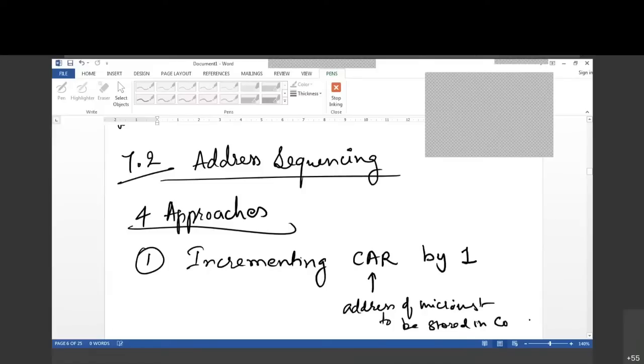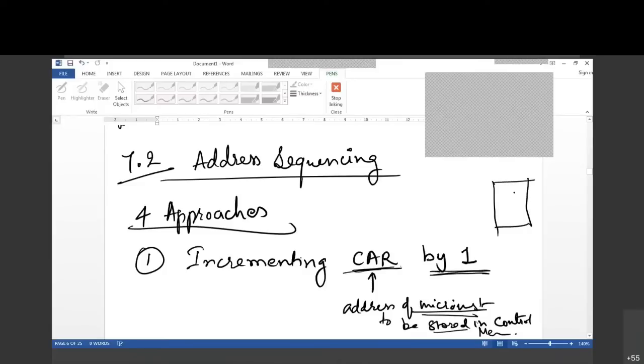आपको कौन सी इंस्ट्रक्शन मेमोरी में लेनी है? Find that address is specified in this control address register. So now one approach is, after execution of this particular instruction, immediately increment the value of CAR by 1, so that in sequence,